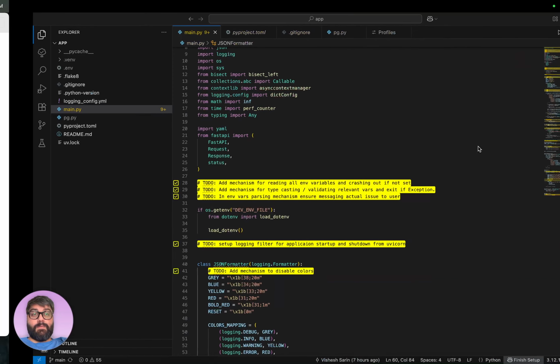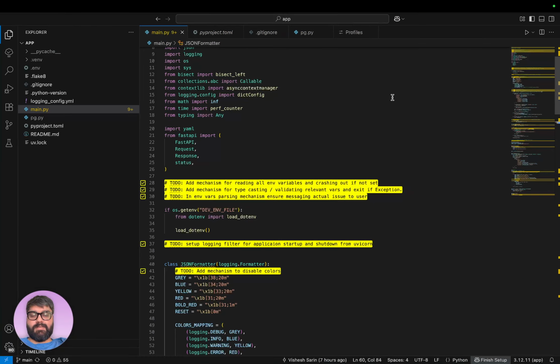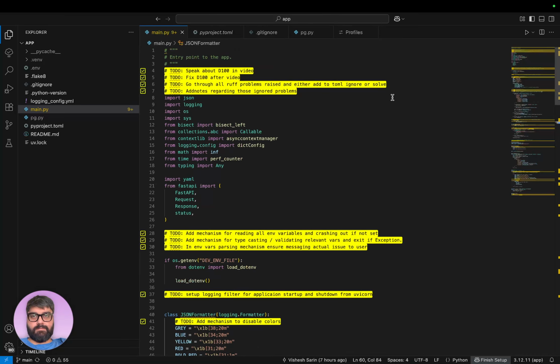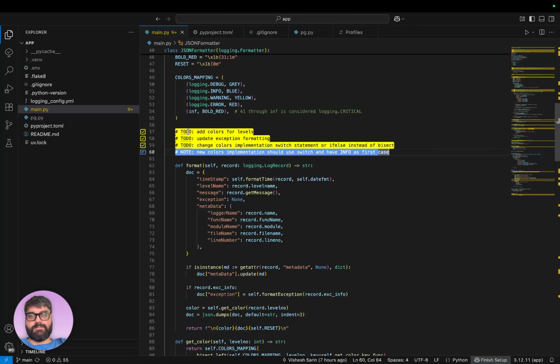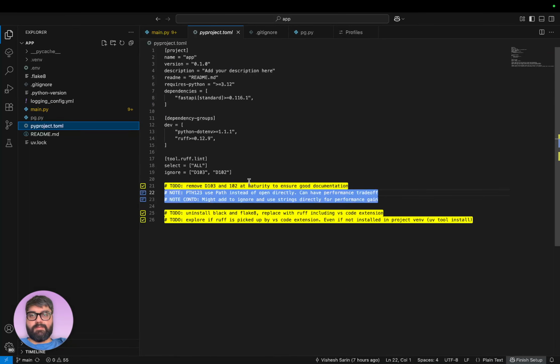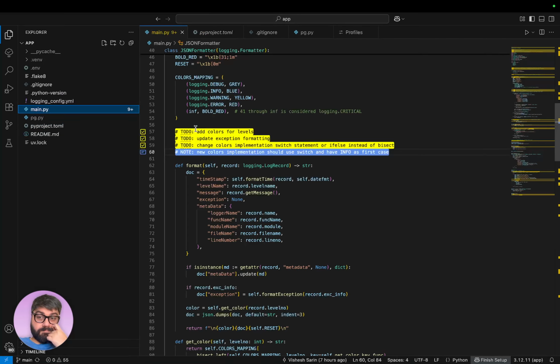So while I was initially thinking, I'm just gonna try and do this quickly, just quickly go through all of the complaints Ruff is having and then either add them to the ignore and add notes here, and then right after that just move on and not do anything else.